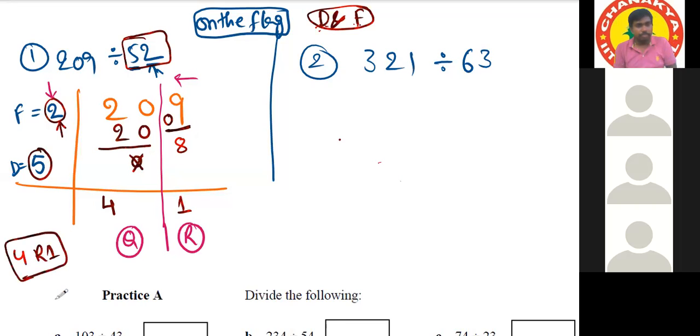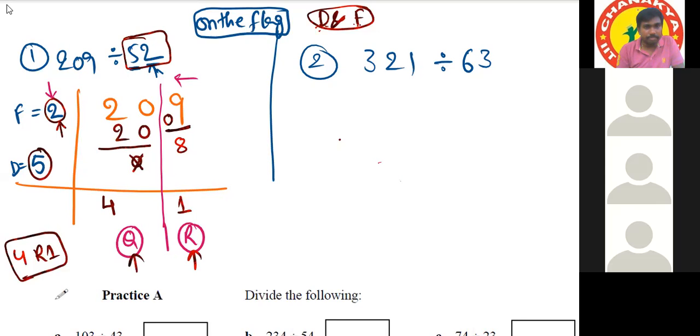Sir, can we convert this into decimal? I already mentioned, decimal conversion we'll see in the next class. As of today's class, we'll deal with remainders only, in quotient and remainder format. Have you all understood this one, or any doubt? If you have any doubt, I will explain again. No doubt for me, sir.